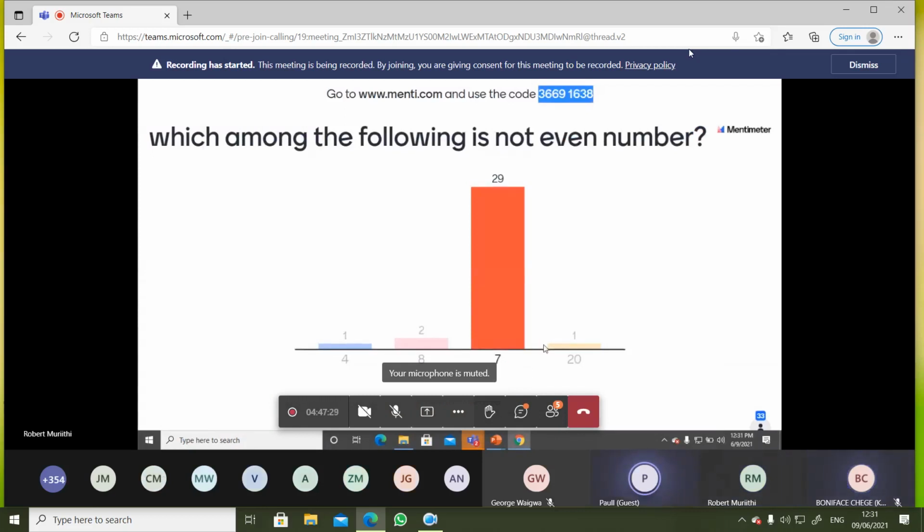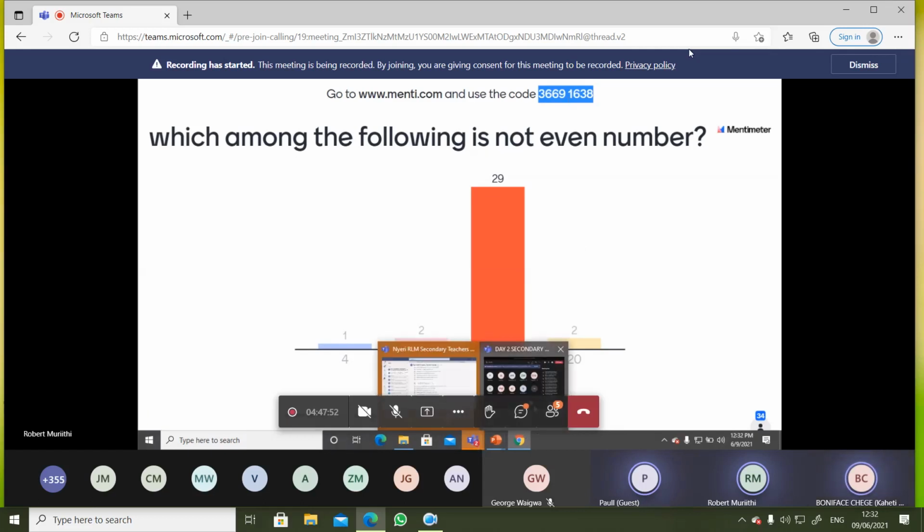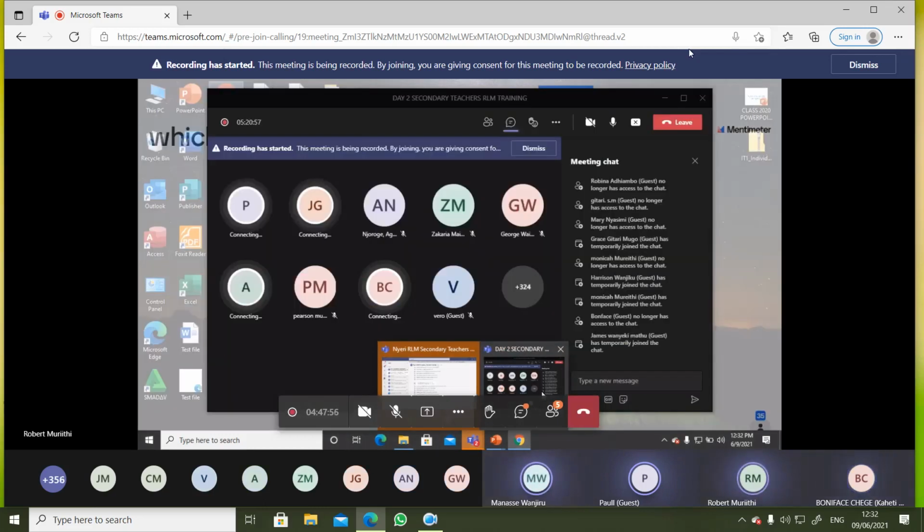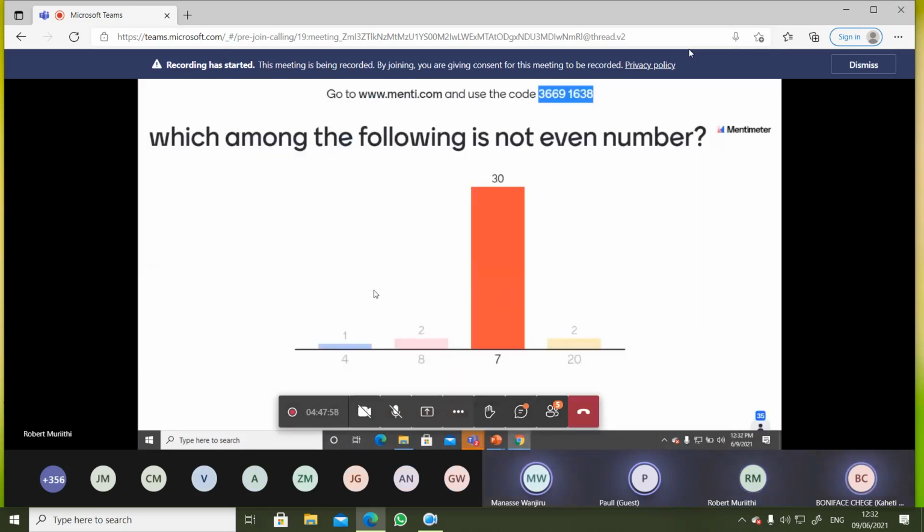I was saying to the other side of the students, they need to put www.mentimeter.com and then they enter the code, so you don't give them the code. 91638. But Robert, kindly,